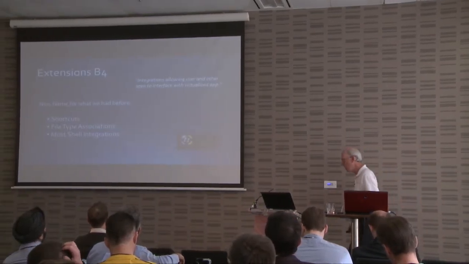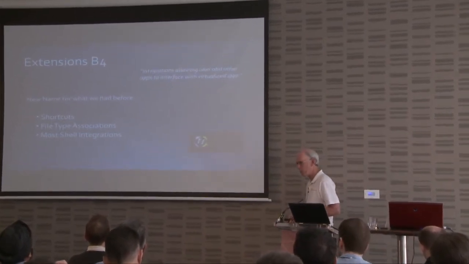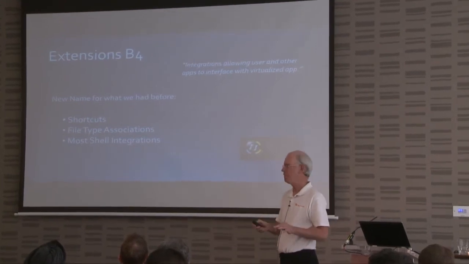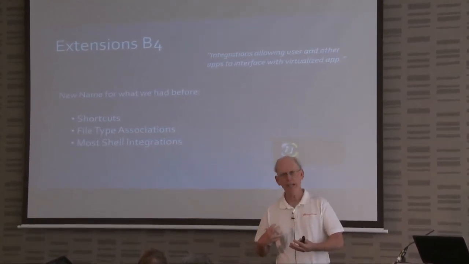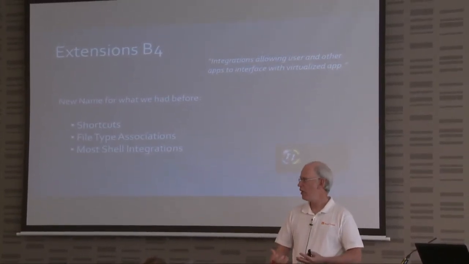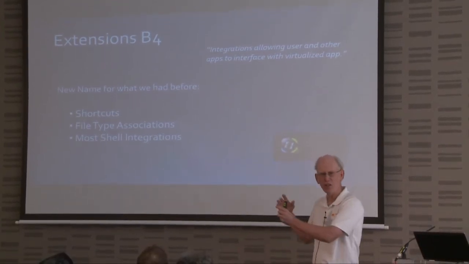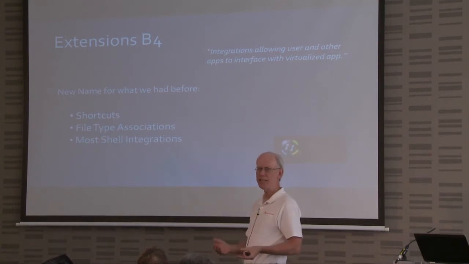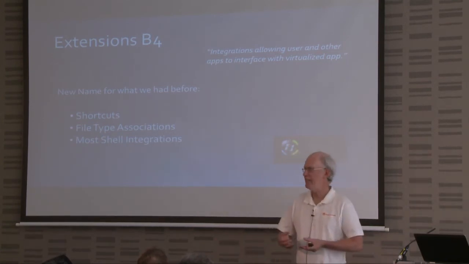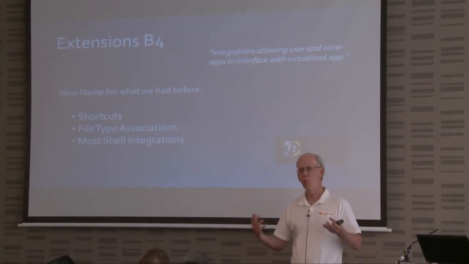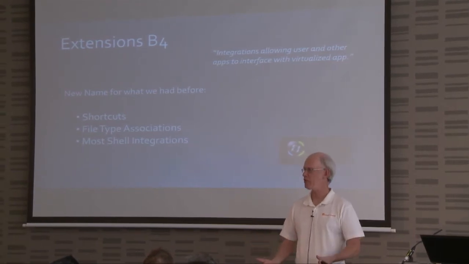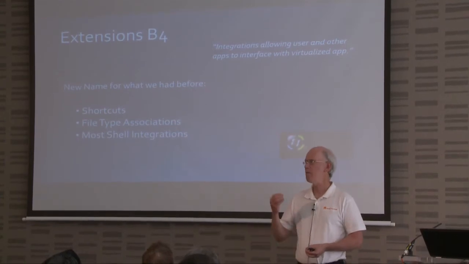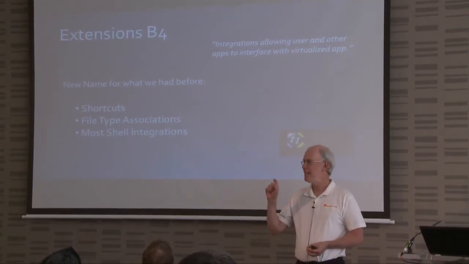Okay, extensions. So we've had this thing called extensions before, but we never used the term for it. And this is Microsoft's new term. So before App-V 5, when you bring the application package to the machine, earlier I talked about how we had the bubble and we're not changing the operating system at all. Well, we do a little bit, because there are some things that we need to do to integrate that application with the operating system to get it to work normally the way the user expects to work it. They expect to see shortcuts in the start menu. They expect to see file associations so that they can see a,